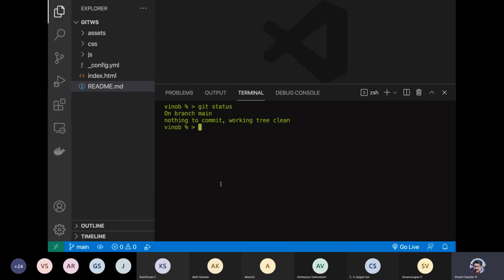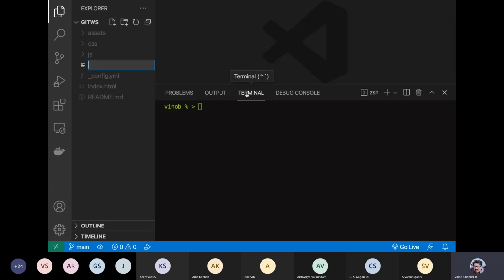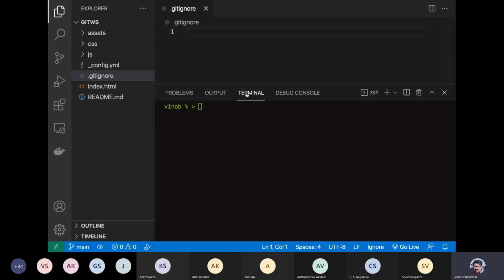What you typically do is come over here in your project location and specify a .gitignore. This is the place wherein you put all the files that you don't want to be tracked.